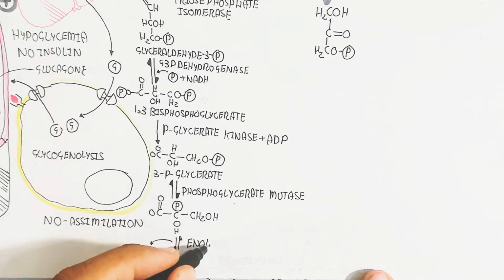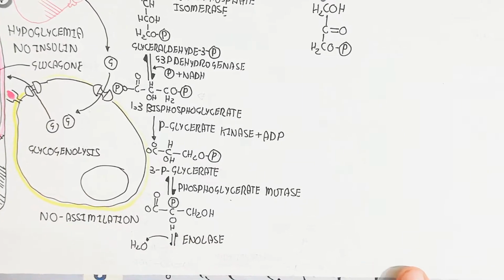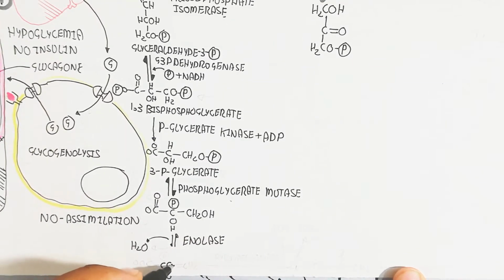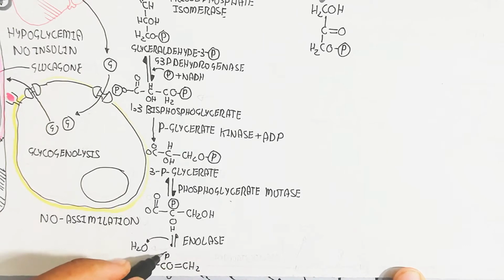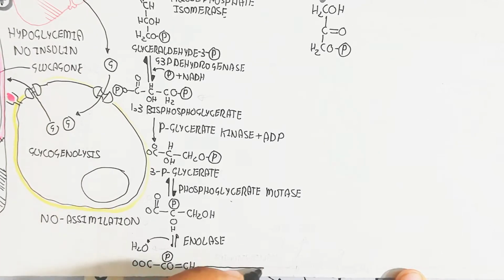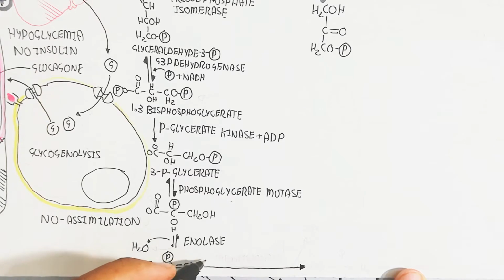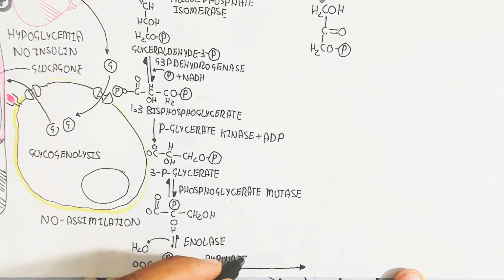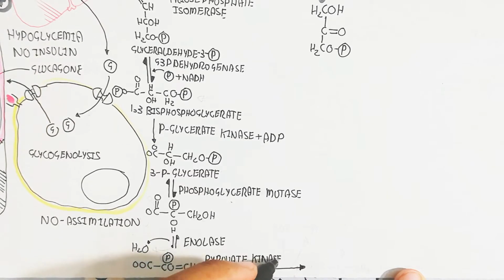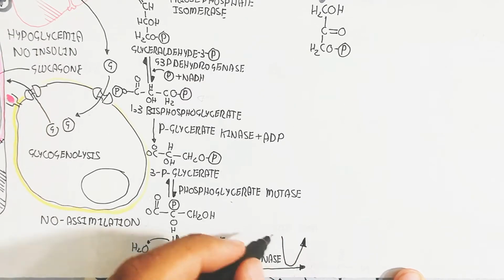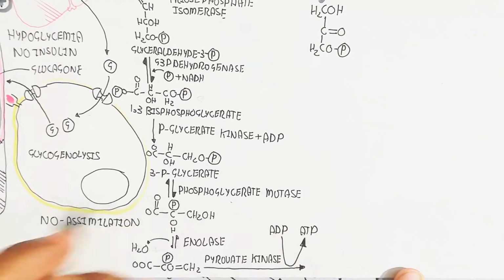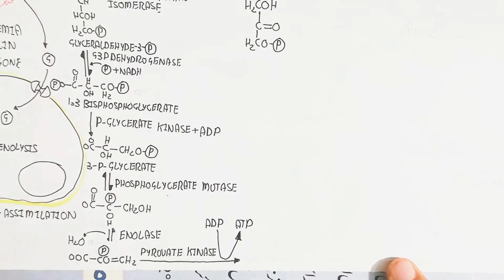And the enolase enzyme releases water, which is a dehydration reaction, and the dehydration reaction will lead to producing another compound. Basically, carbon number 2 contains a phosphate group, but it's different. So in this way the pyruvate kinase enzyme is used to